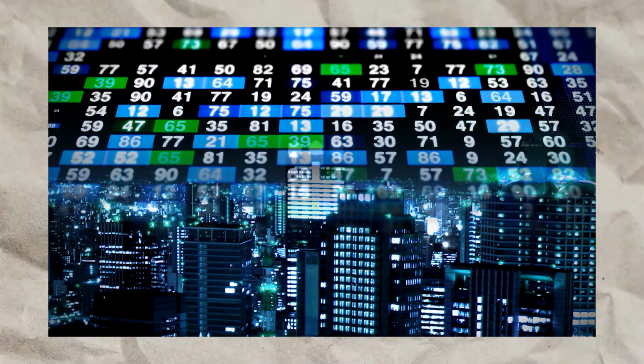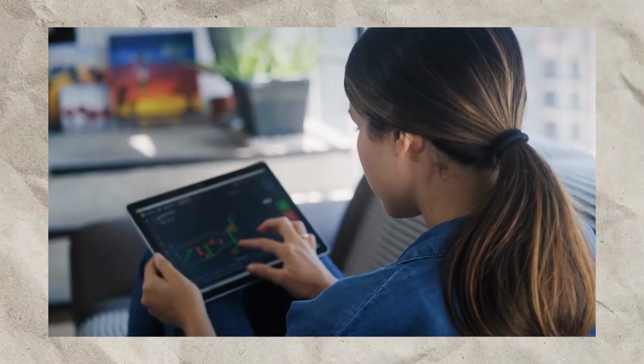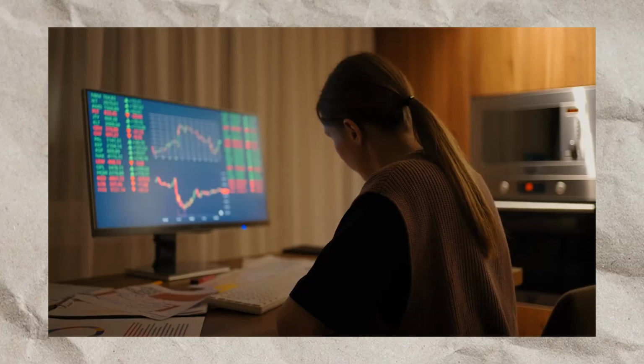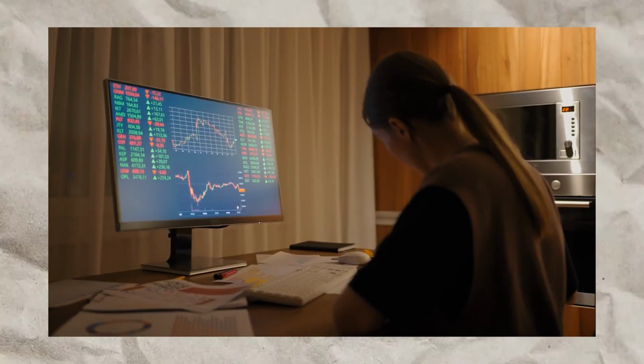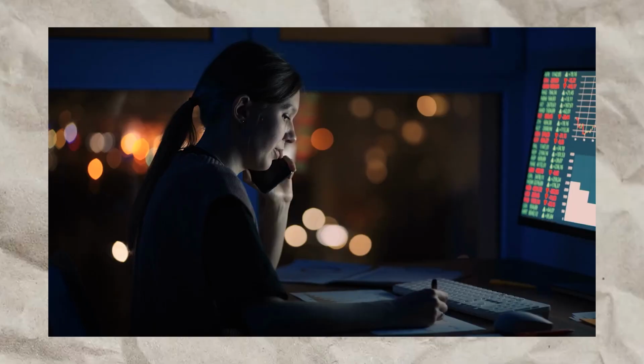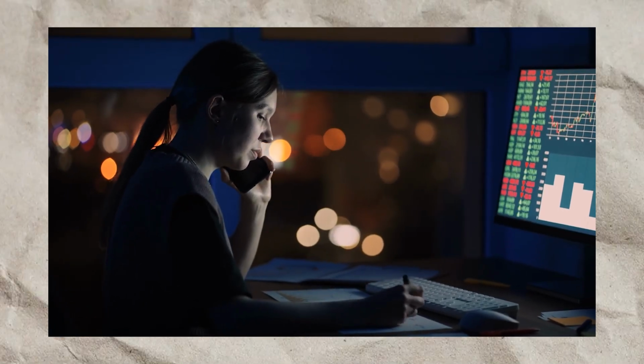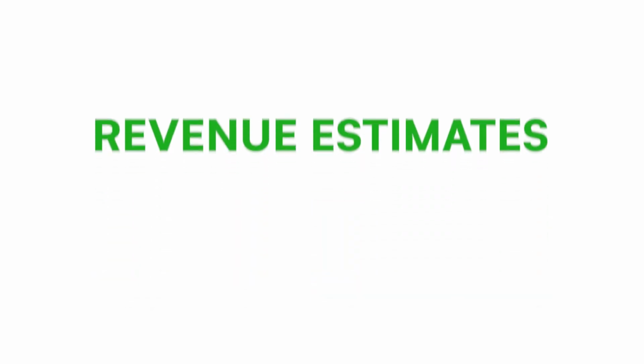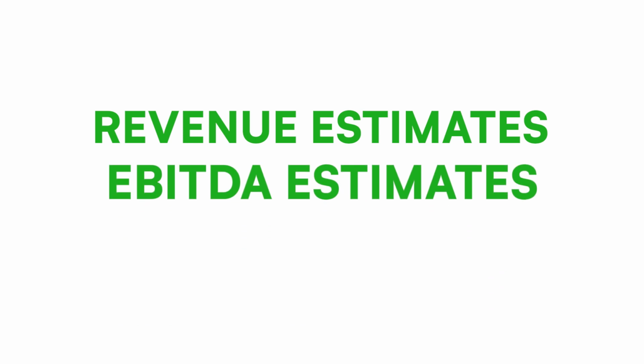In the world of investing, and more specifically value investing, it is very important to be able to make some reasonable assumptions as to the financial performance of a particular company. For this reason, what a lot of investors do is they perform their own research, and then after the fact, they consult other investors' analyst estimates for stocks. These estimates range from revenue estimates, EBITDA estimates, EPS estimates, as well as many others.